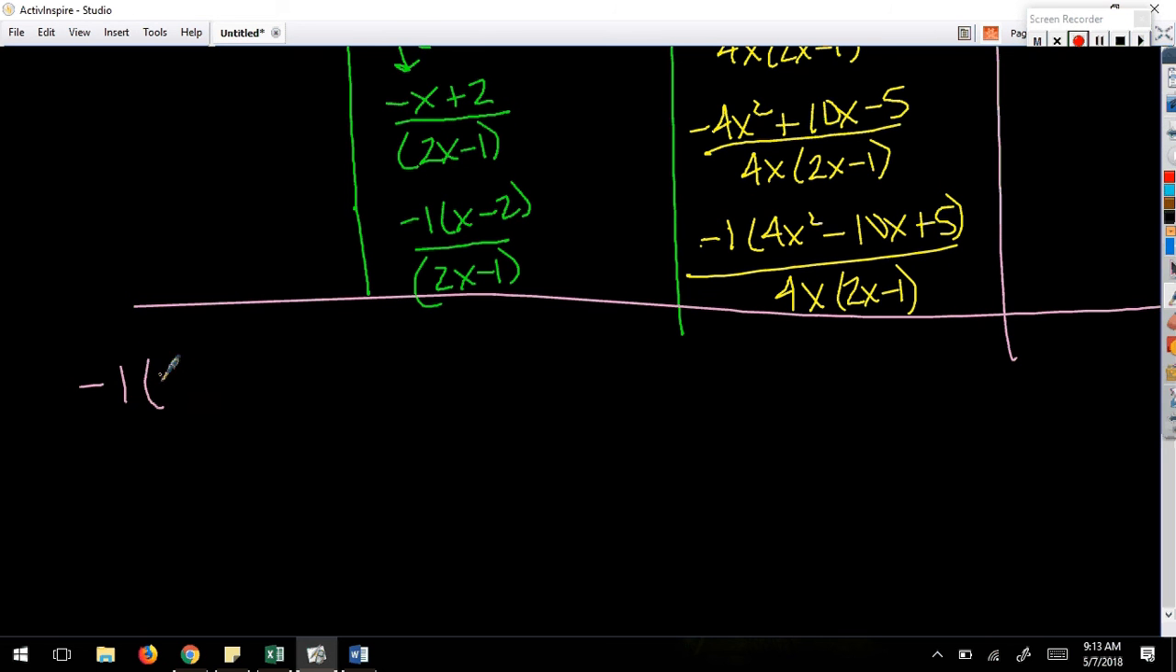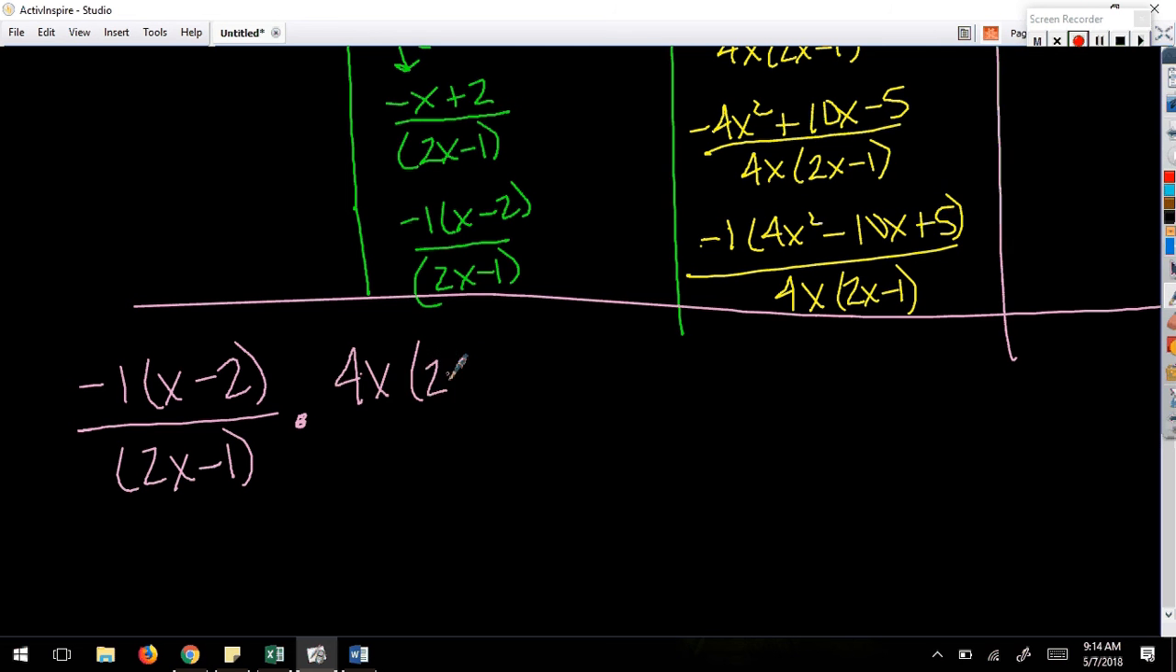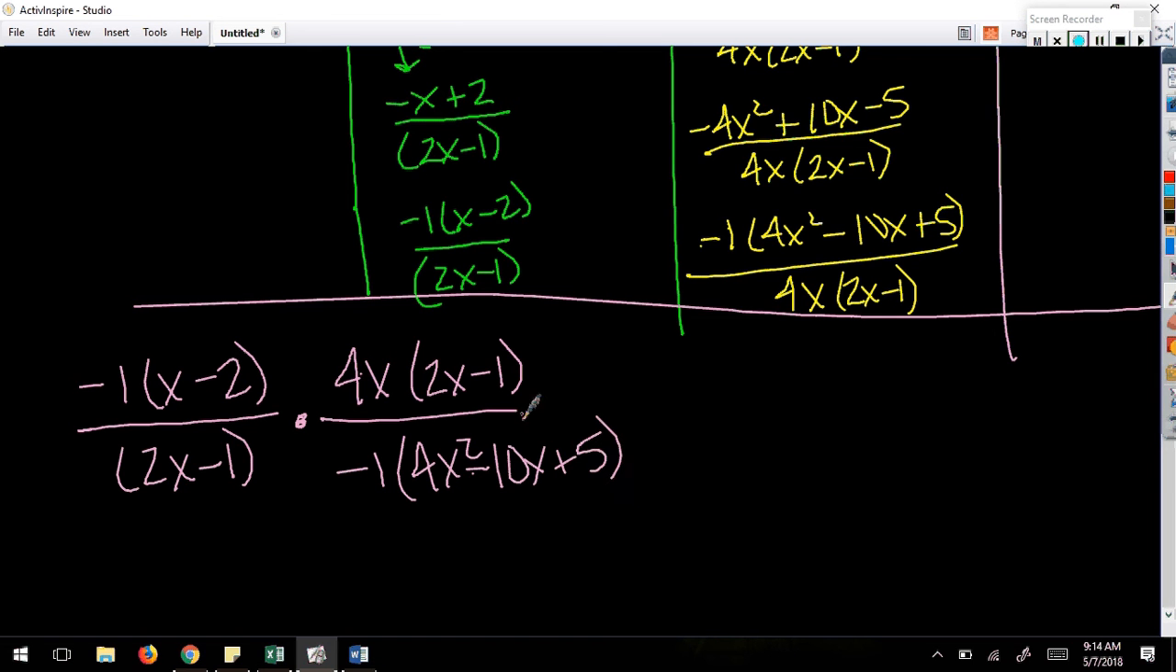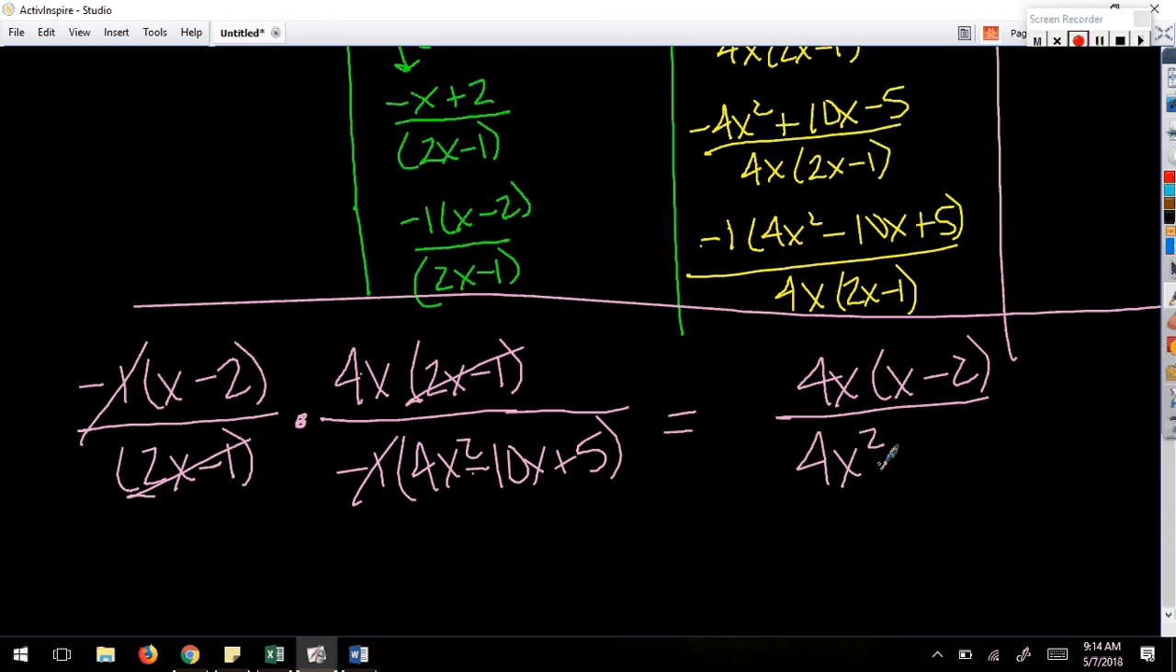All right, first one, top. I'm going to flip the bottom over, guys. 4x, 2x minus 1 over -1, 4x squared minus 10x plus 5. All my addition and subtractions are enclosed, so I can start canceling. Tell me what cancels. 2x minus 1. Nice. Anything else? -1. I definitely cancel that out. That looks like it. So now I just write it. 4x, x minus 2 over 4x squared minus 10x